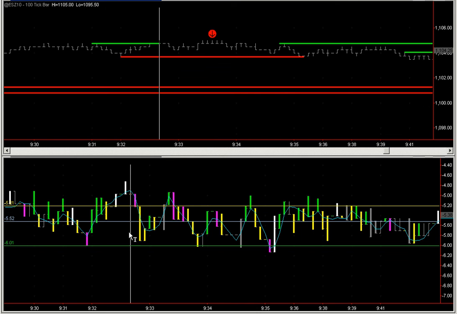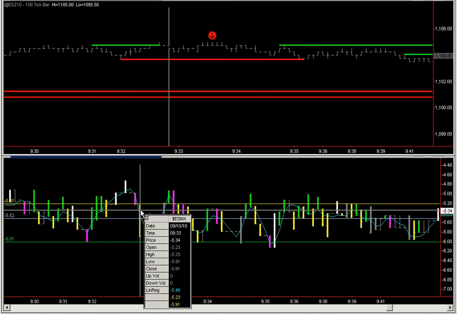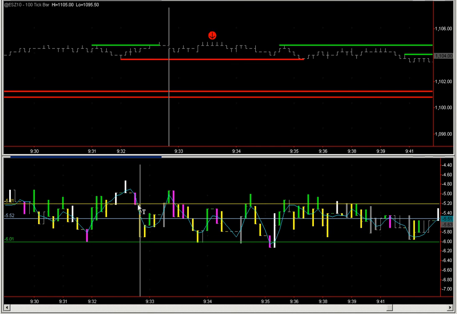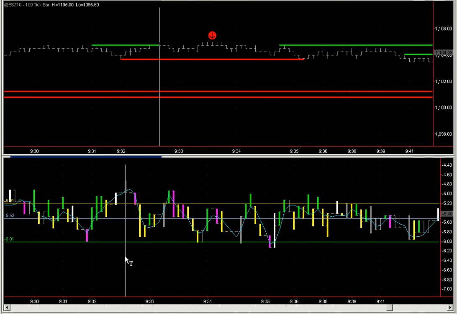So while the indicator comes down below the line, which is normally what we want to see to take a short, we're not shorting it yet because this bar said hold, wait for the spoos to be back at 1105